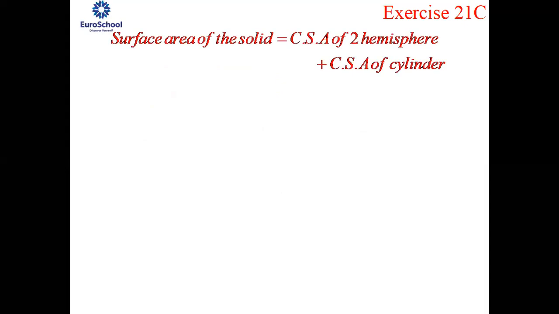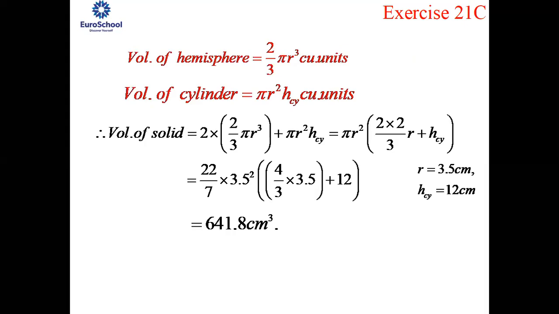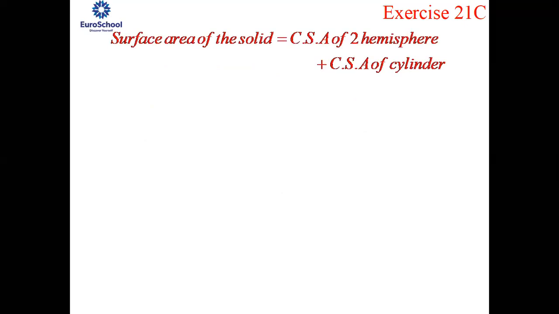Oh, sorry. There's one more thing left out over here: the surface area of the solid. So how do you find the surface area of the solid? What is the formula? Surface area in the sense of the whole covered area, the whole area which can be viewed outside. That is your surface area. It is nothing but the curved surface area of the two hemispheres, because in both the hemispheres, what you can view is just the